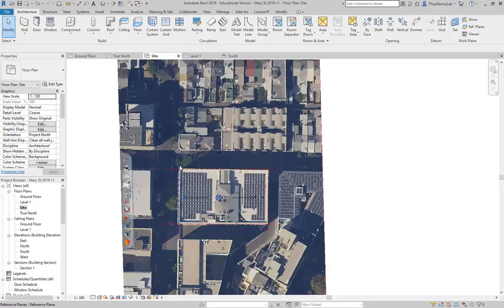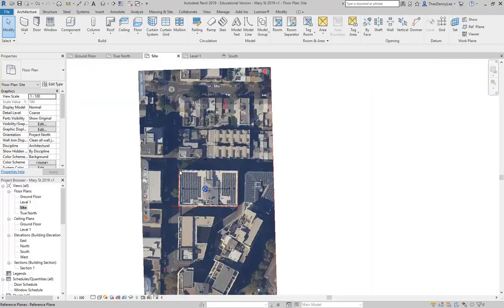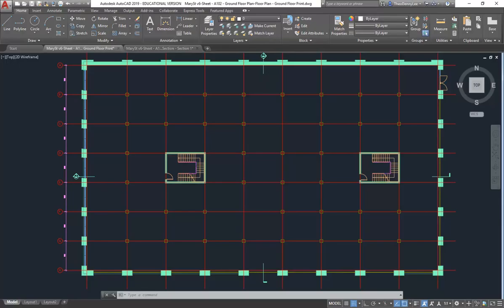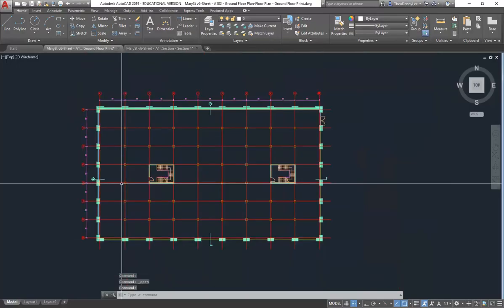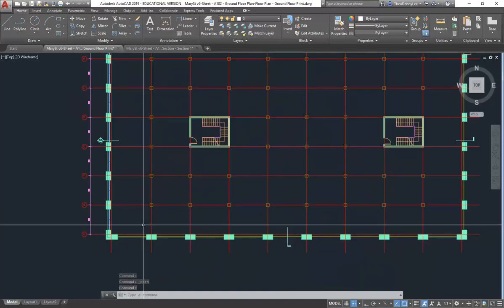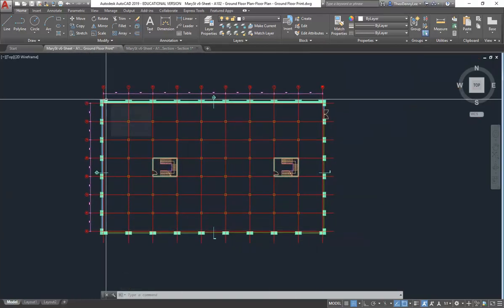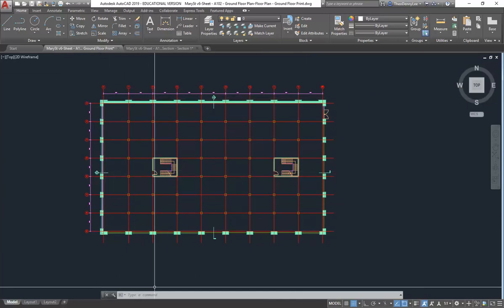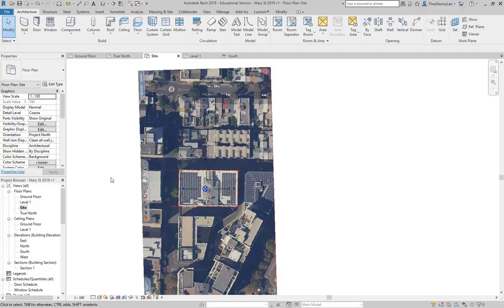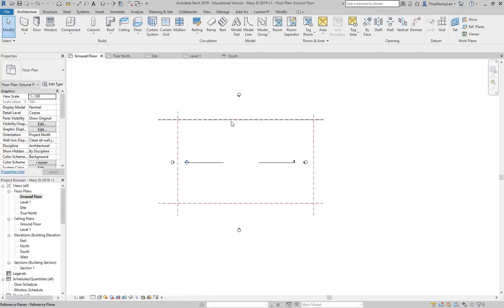Okay, so I've got my satellite image set up. I've got True North set up as well. And now I've also opened up the AutoCAD file there so you can see how it looks. I'm not going to do anything in AutoCAD, I'm just showing you that. But then in Revit, I'm going to go to the ground floor plan